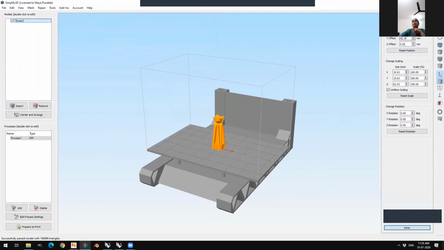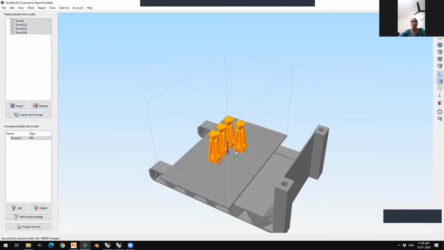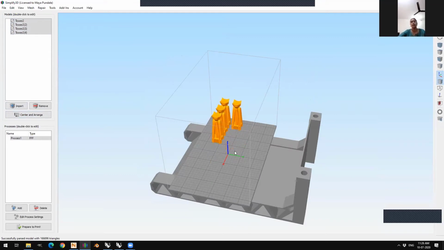I have the option of playing with the position, like I may have more than one object. So if I just, let's say I duplicate this, maybe 3 objects, and I say center and align. So it can be aligned. Now I don't want this one behind. So I can click and drag or move it aside and so on.